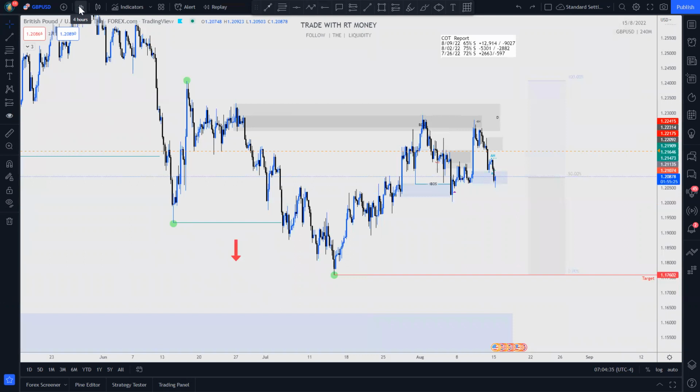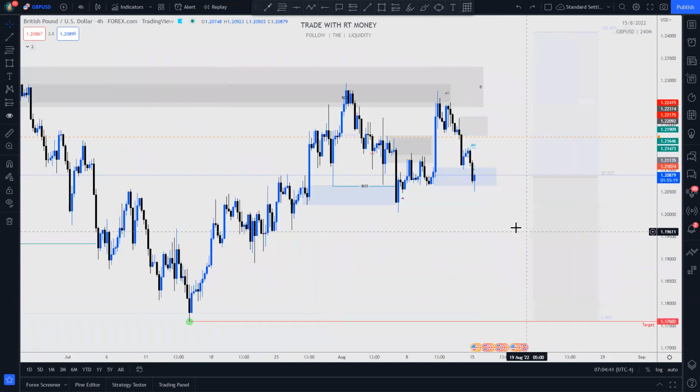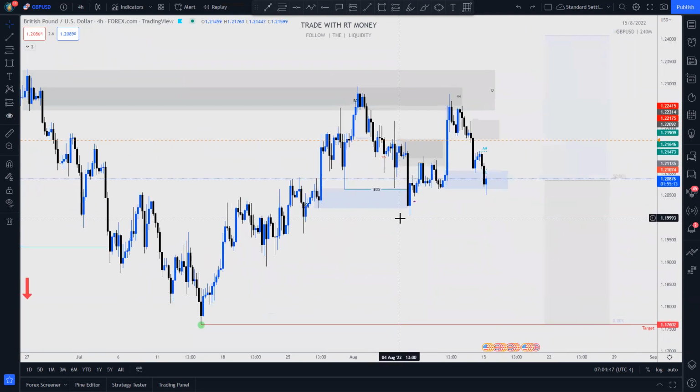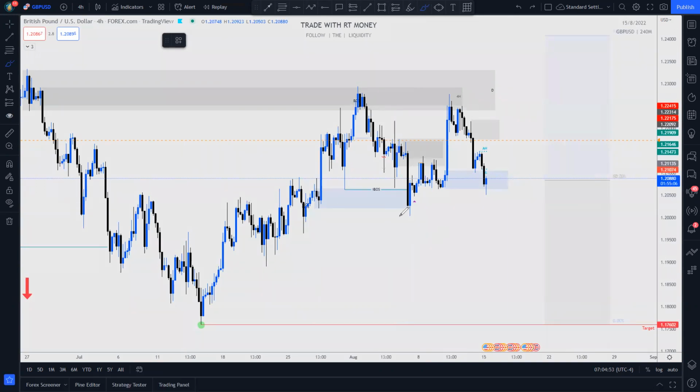So what am I looking for right now? Well, if you look at the way the price action is, I was looking for price to come back down and test this candle here. Why? Because I think this is a strong low. Why is it a strong low? Because it made